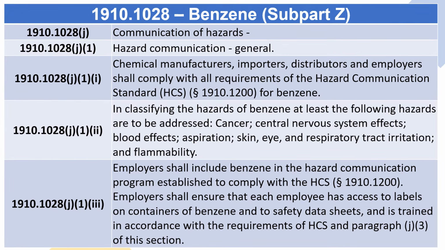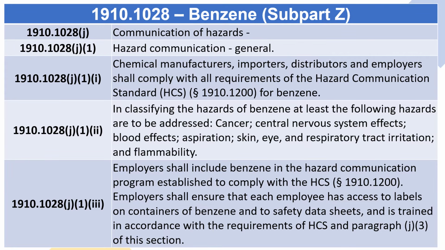1910.1028 J. Communication of hazards. 1910.1028 J(1). Hazard communication, general. 1910.1028 J(1)(i). Chemical manufacturers, importers, distributors, and employers shall comply with all requirements of the Hazard Communication Standard, HCS, section